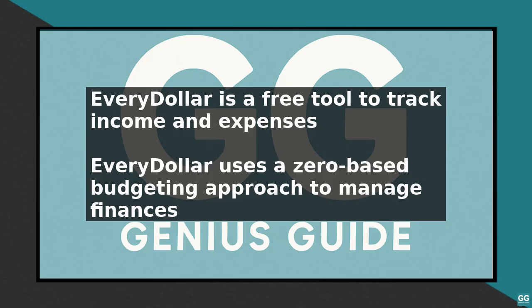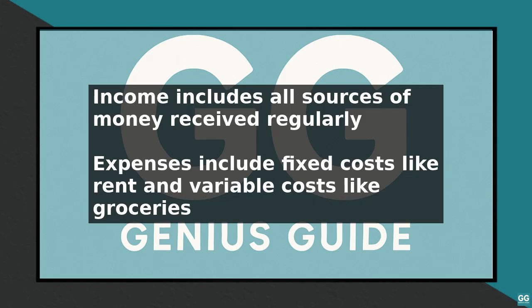To get started, you need to understand the key concept of budgeting, which is allocating your income into different categories. EveryDollar uses a zero-based budgeting approach, where every dollar of your income is assigned to a specific category. First, you need to identify your income, including all sources of money you receive on a regular basis. Next, you need to list all your expenses, including fixed expenses like rent and utilities, and variable expenses like groceries